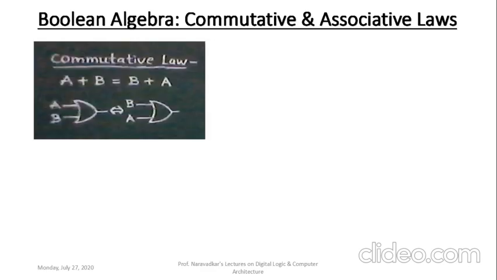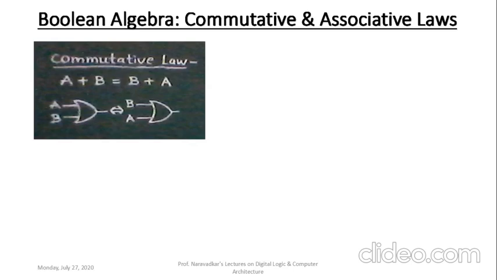Now what I mean by commutative law here, A plus B is equal to B plus A. Again, it is a logical plus, not arithmetic plus. So left side of this particular commutative law here, A plus B, one OR gate is shown where A is my upper input, B is my lower input. Whereas on the right side B plus A, it is equivalently shown at the bottom right side by using OR gate where that input positions are changed. Upper input is now B, lower input is A. Still I am getting that same functionality here.